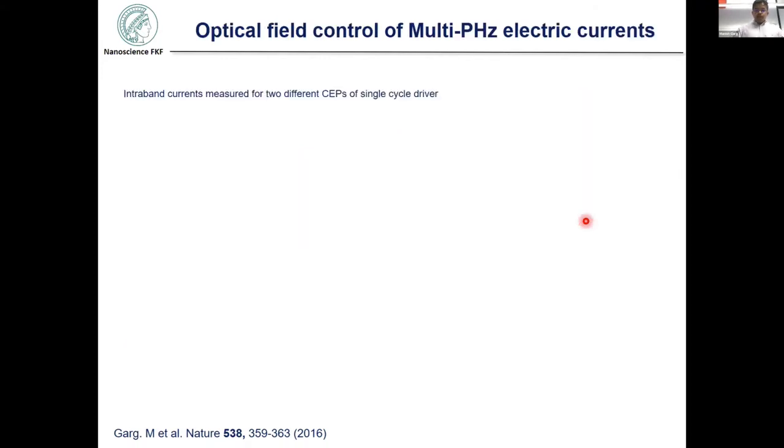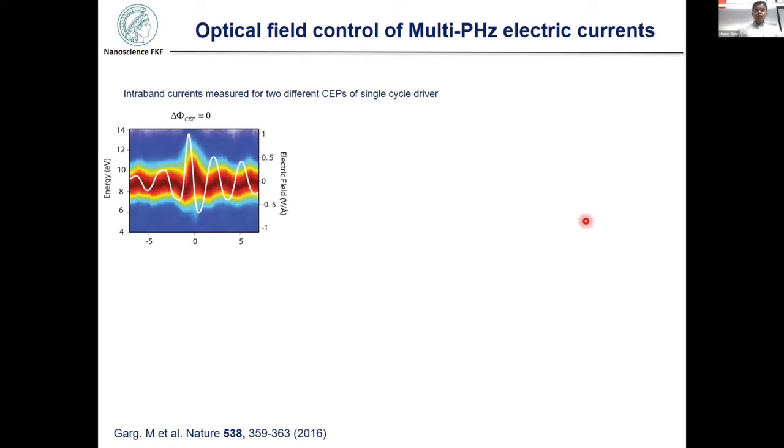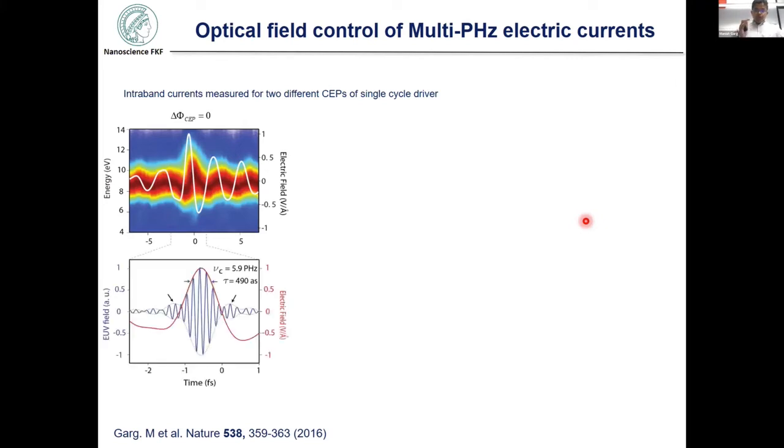Now, if you look into how one can control these currents temporally by shaping the driving optical pulse. As you may know, from standard gas high harmonics, there is extreme nonlinearity present in the generation process. So if you generate high harmonics with a cosine-like pulse, that is a CEP of 0 of our driving pulse, and a sine-like pulse, which is pi by 2, you will see that in a sine-like pulse, you generate a double burst. And this is because there is an extreme nonlinearity which plays a role in that kind of high harmonics.